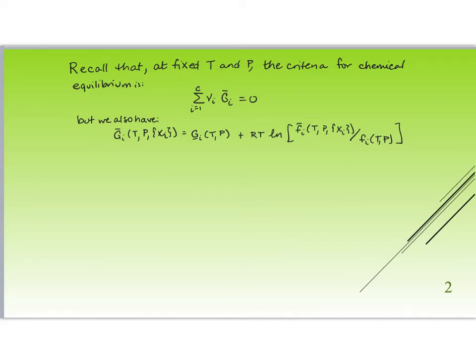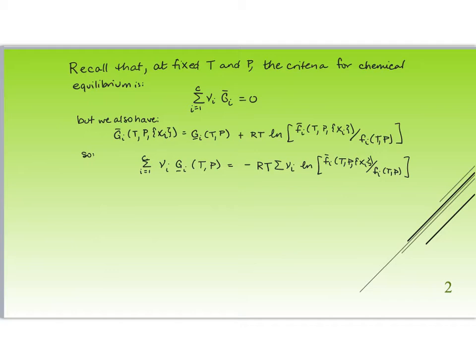But we also have the definition of partial molar Gibbs energy: it is the Gibbs energy of that pure species plus RT times the natural log of the fugacity of component i in the mixture divided by the fugacity of that species if it were pure at the same temperature and pressure. Now this is a function of temperature, pressure, and composition. If we combine this with our criteria for chemical equilibrium,